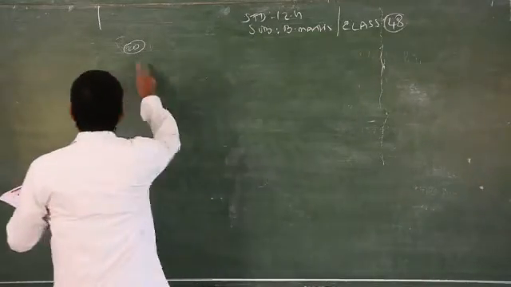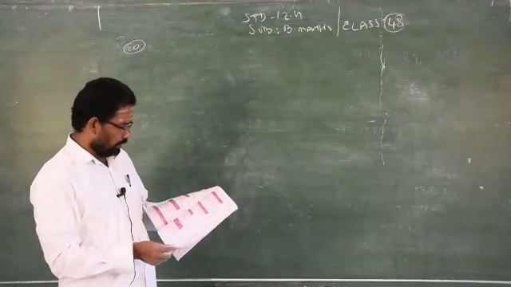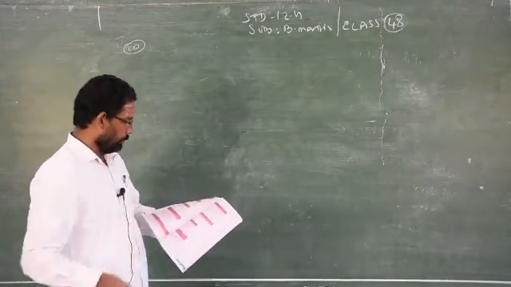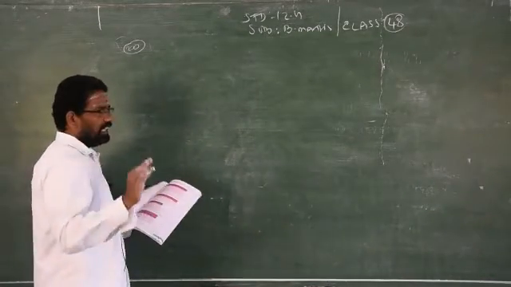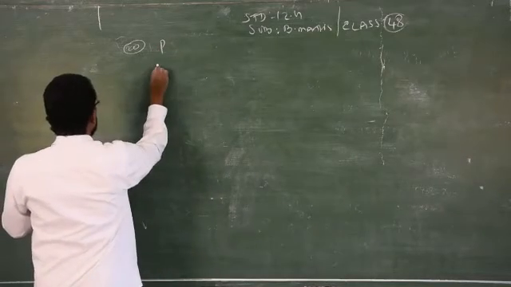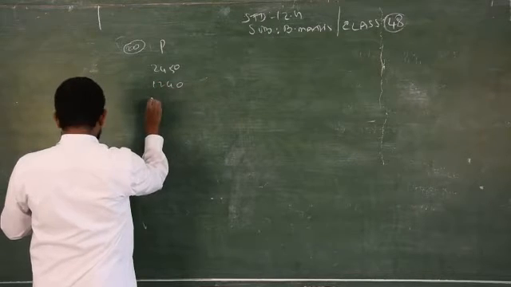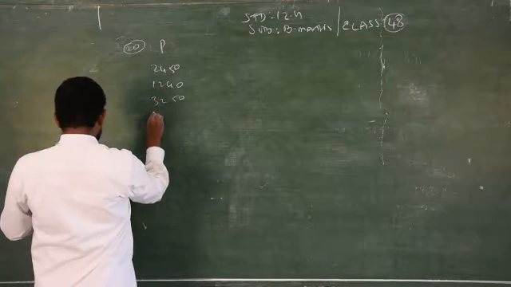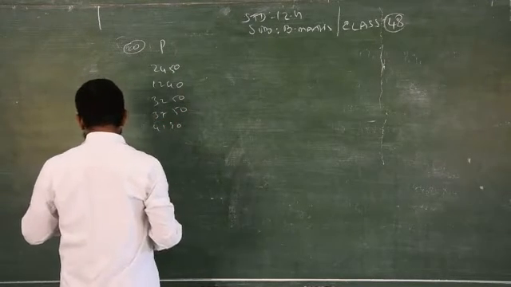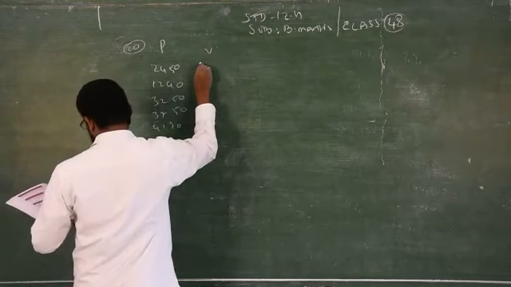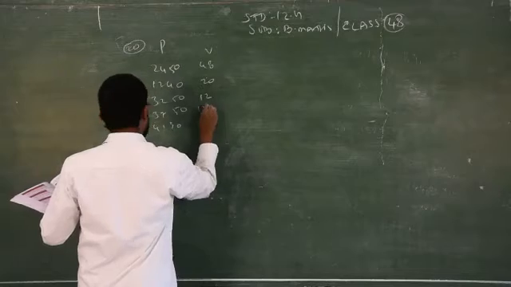Out of the three models, the first is sum 20, the next is 21, and the third is 22. Clear? So now I will straight away write down the answer. When the index number is given, you have to take it as P. Index number considered as P: 2450, 1240, 3250, 3750, then 4190. Then you have to take weight as V: 48, 20, 12, 15, 10.